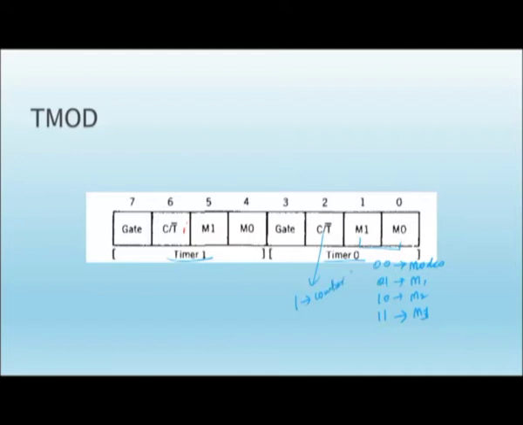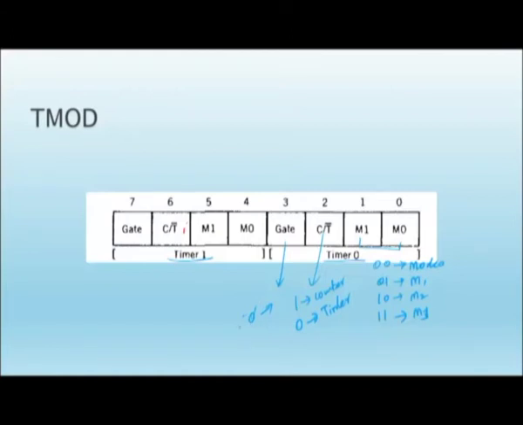The counter is used to count the clock pulses from the external source. When it is 0, it acts as a timer, which is used to count the internal clock frequency. The gate is one of the important functions, which is used to activate the timer. When the gate is 0, it will start the timer. Along with the TCON's TR0 position, the gate also plays a vital role in when to start